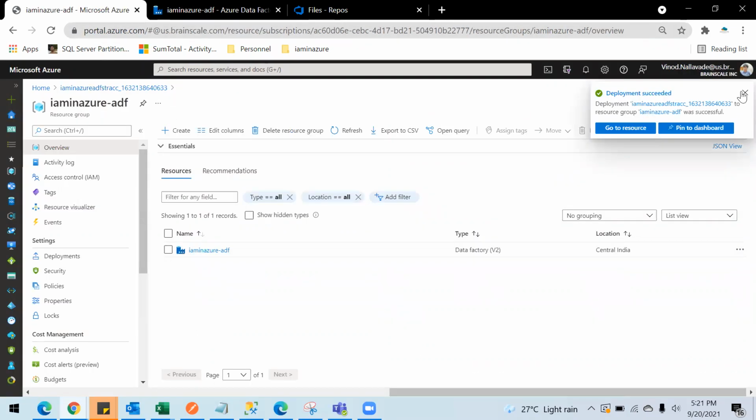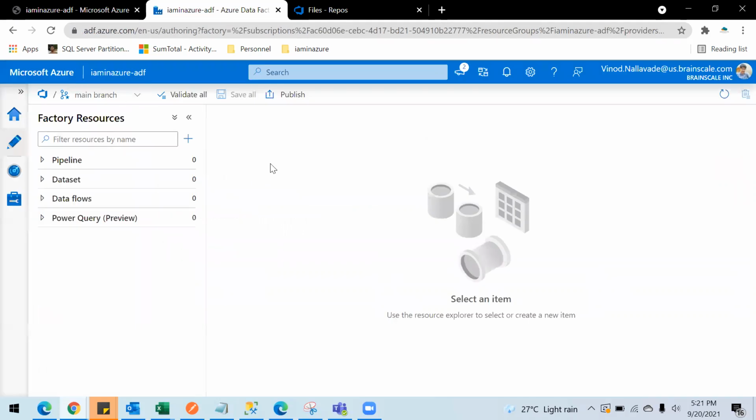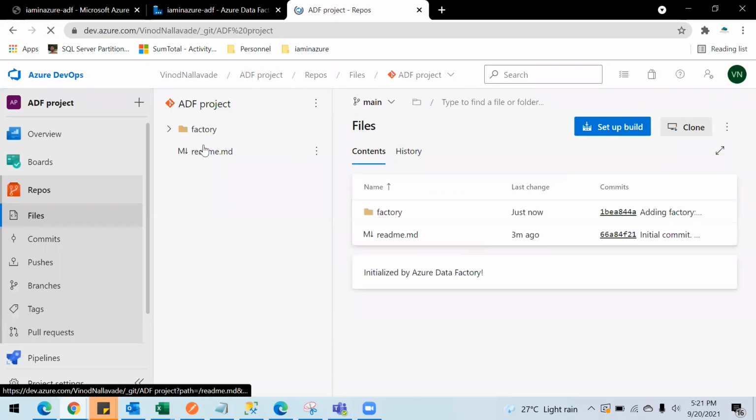And I hope the storage is also created here. Okay, the storage is created, but it is just taking some time. Now if you come here, you will be able to see a main branch here. And if you refresh your repo, you will be able to see your factory here.